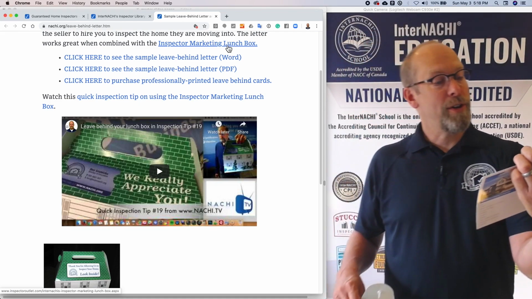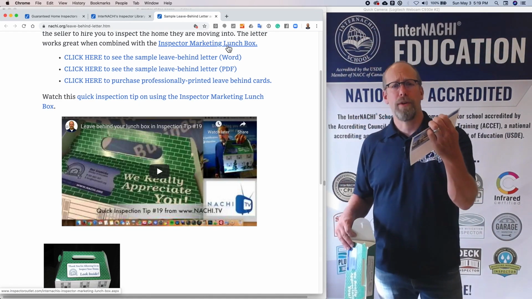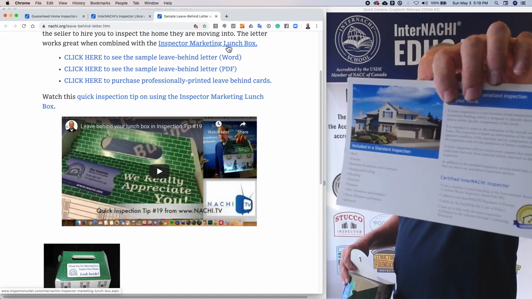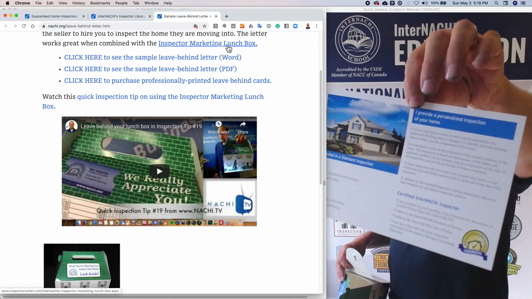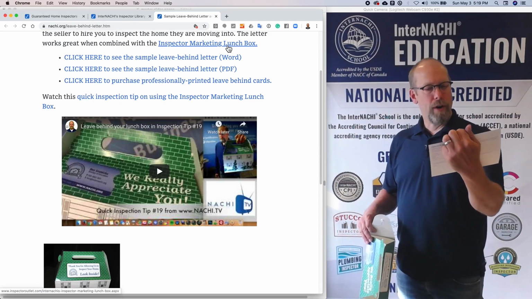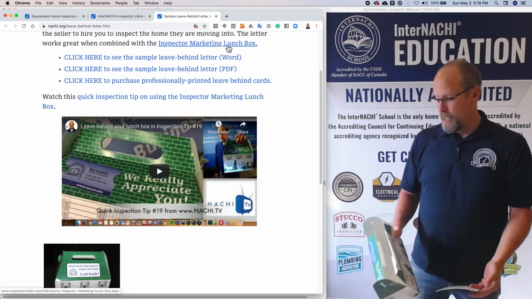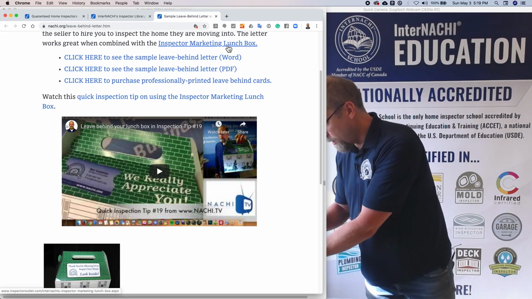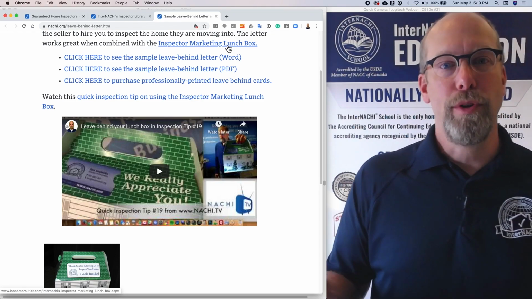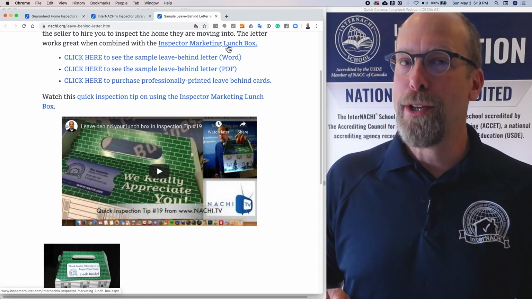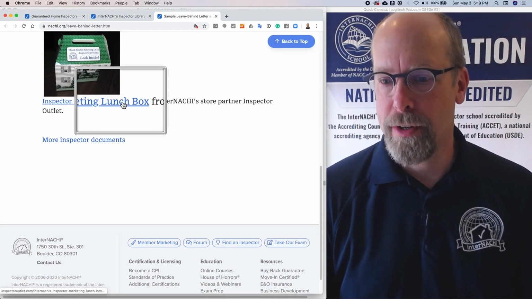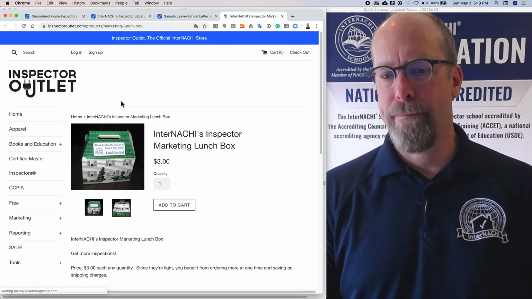"I realize I'm a guest in your home and I conducted myself with the utmost respect for your property. I may have done some things here," and it talks about hiring an InterNACHI certified inspector and what's included in a standard home inspection. "And I provide personalized inspections for your home." And this is a fantastic leave behind, because every seller is a potential home buyer. And every seller is looking to move into a new home. And what do they need to do? Get a home inspection. And you can order that lunchbox from our e-commerce partner, Inspector Outlet,